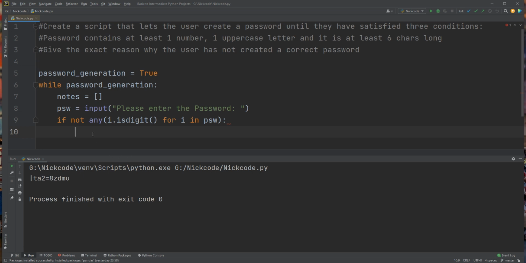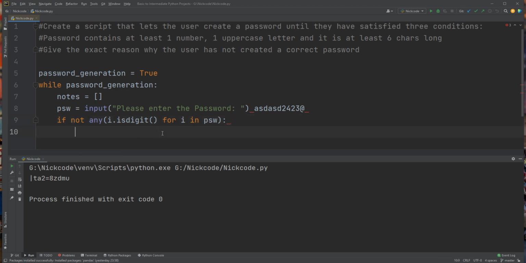Then suppose if not any, I will be iterating through each letter of the password which I have entered, and if any of the conditions returns an output as true, this statement will be true. But I have used not as well here, so the opposite of true would be false.